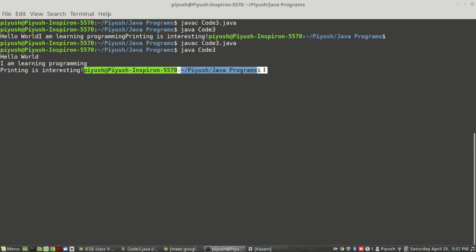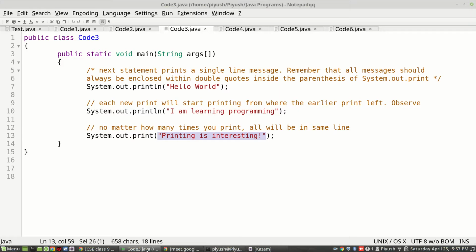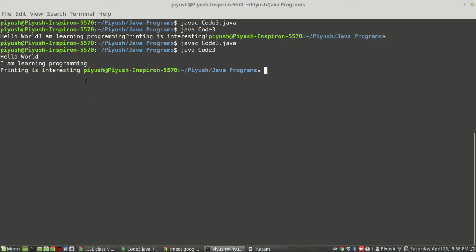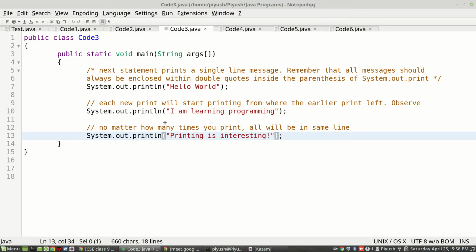Okay. So will it be an error if we use println in the last line also? No, I'll come to that. I'll just do it now. Let us change it to ln. So you can see, because the third print statement after printing did not change line, my command prompt, where I am using my operating system in CLI mode, started in the same line. However, if I compile it again after changing it to println,